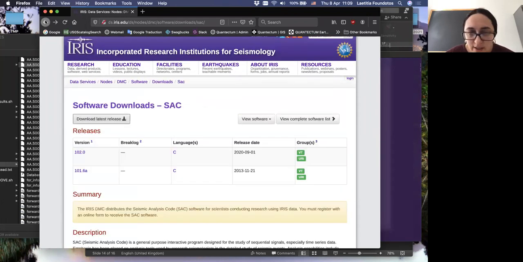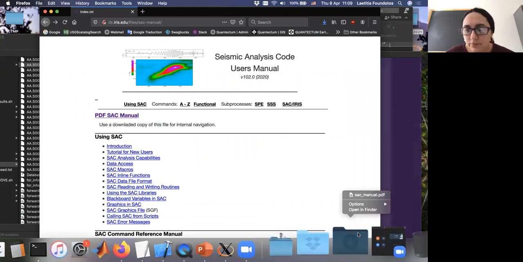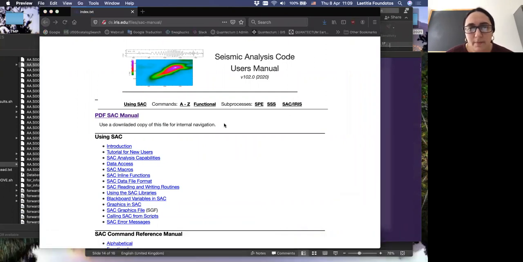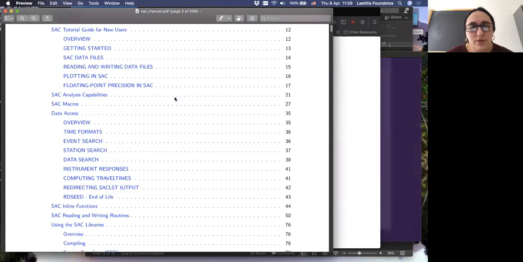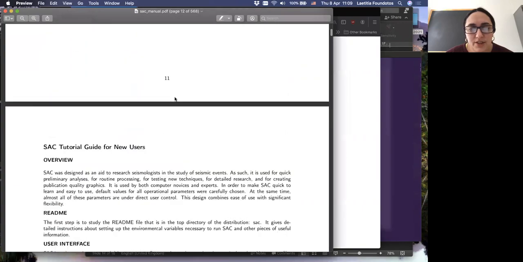Then you can install it on your laptop. There is also a manual. So I have downloaded it with all the things you can do with this software.